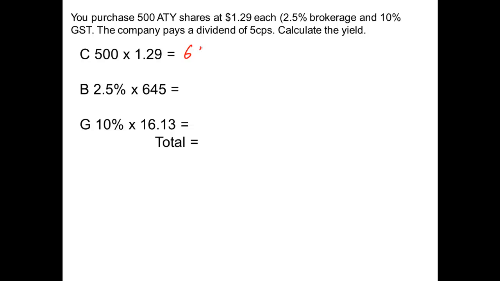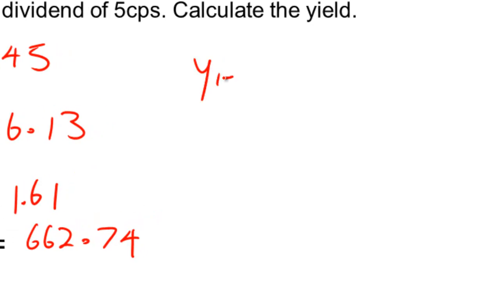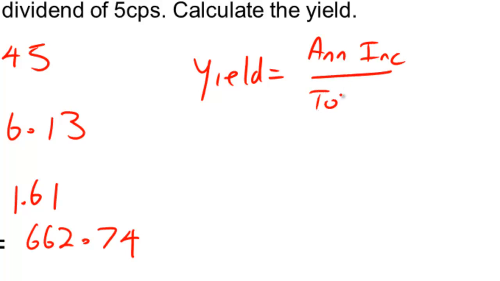So when we do this, it's what we've done before. We get 645. When we times that by 2.5%, you get $16.13, and that gives you $1.61 as your GST there. When you add them all up, it's 662.74. Now your yield equals your annual income over total cost